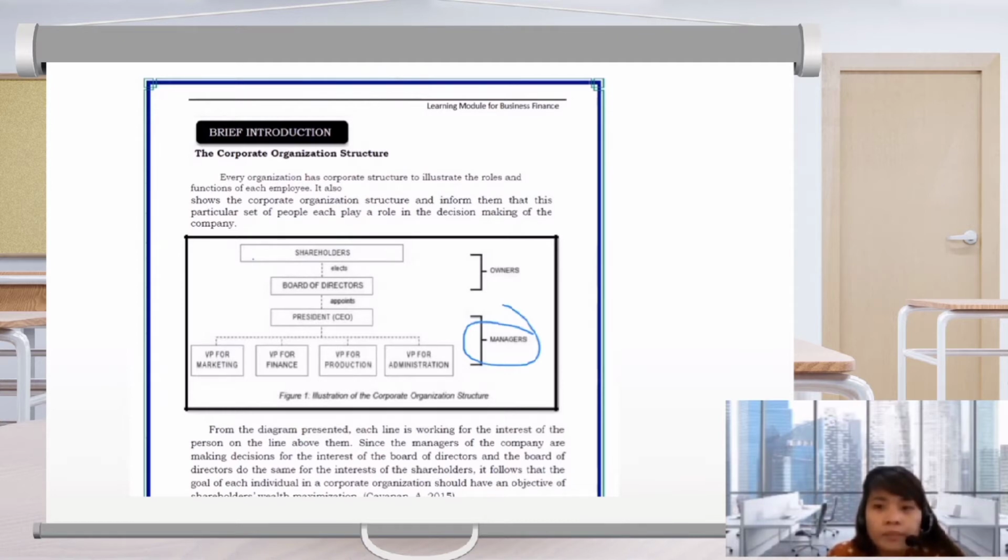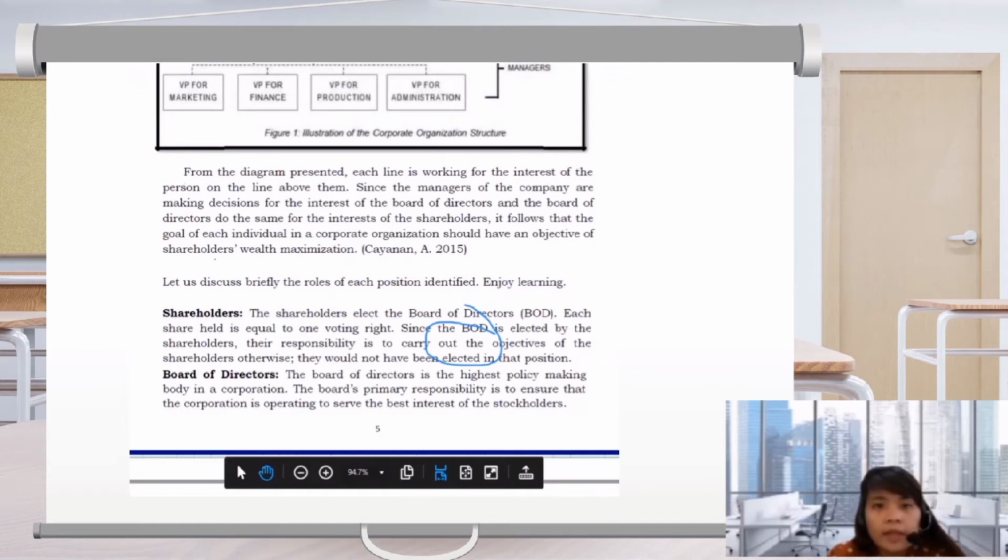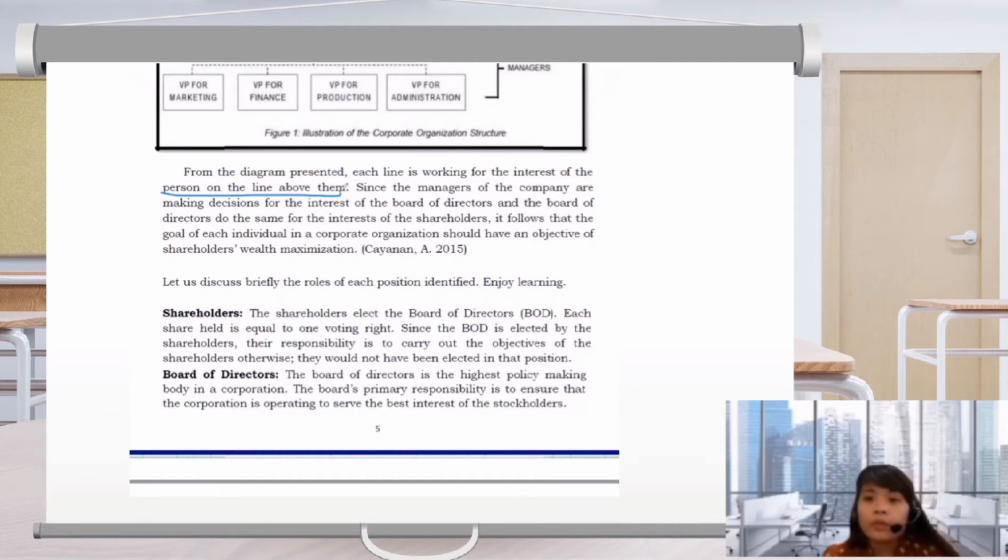So, therefore, from the diagram presented, sabi dito that each line is working for the interest of the person on the line above them. So dapat, of course, kung sino yung nasa baba, susunod siya dun sa higher ups niya, right? Since the managers of the company are making decisions for the interest of the board of directors, and the board of directors do the same for the interest of the shareholders, it follows that the goal of each individual in a corporate organization should have an objective of the shareholders' wealth